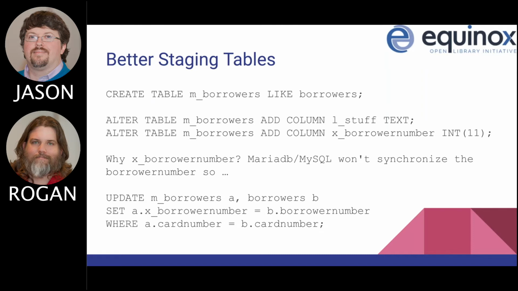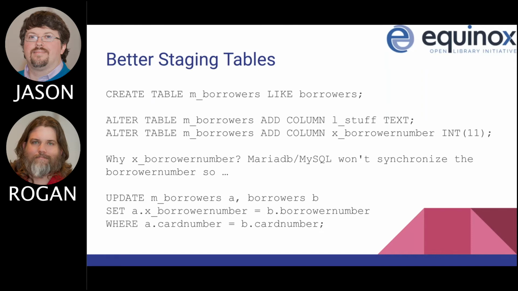Now, I mentioned needing to synchronize earlier because we don't inherit a sequence. We don't have a shared sequence between m_borrowers and borrowers. And when I say sequence, I mean the borrower number, of course, that automatically generated number that's unique to each row. After we push that copy of the columns from m_borrowers into borrowers, we immediately do an update